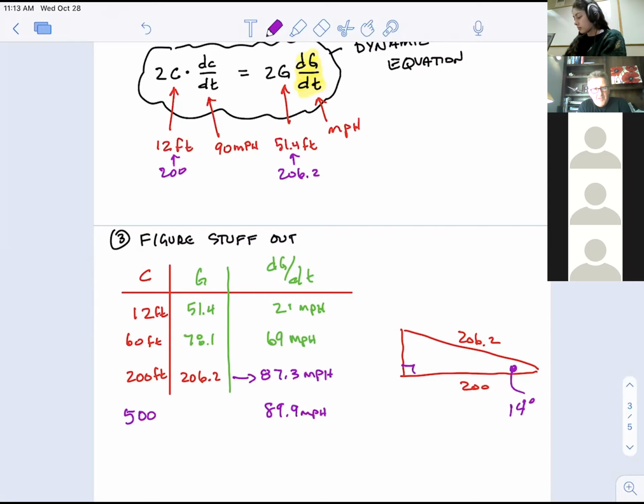What I'd like you to see is that these two examples that I had time to do today to help you understand the intuition of this are the same exact example. It's just find an equation, take a derivative, plug stuff in. But it's no joke to find an equation. That's not always easy to do. And I made it easy today because both problems were right triangles. But what if they weren't right triangles? Do you know law of sines and law of cosines? You can actually make up all kinds of cool stuff.